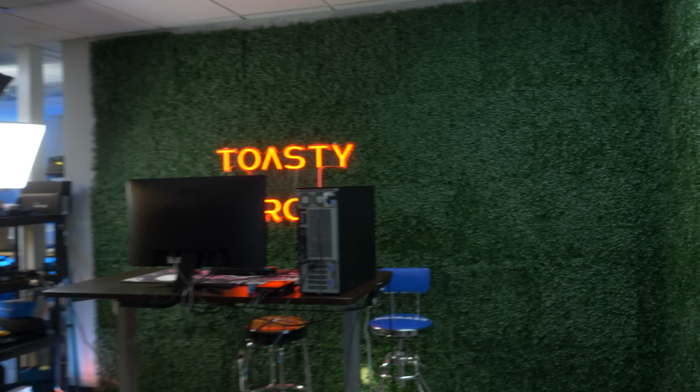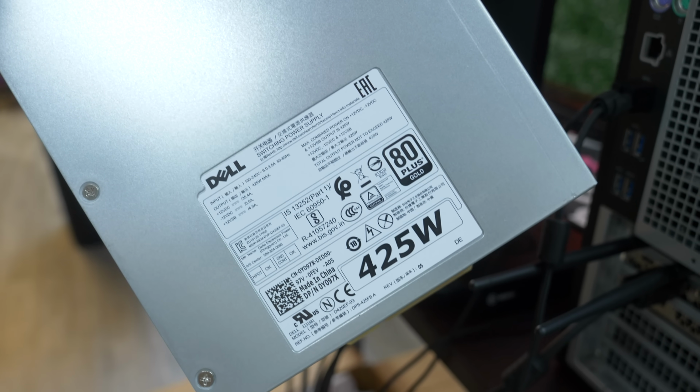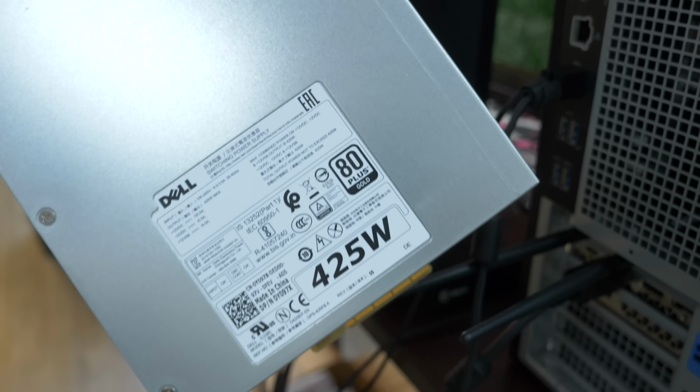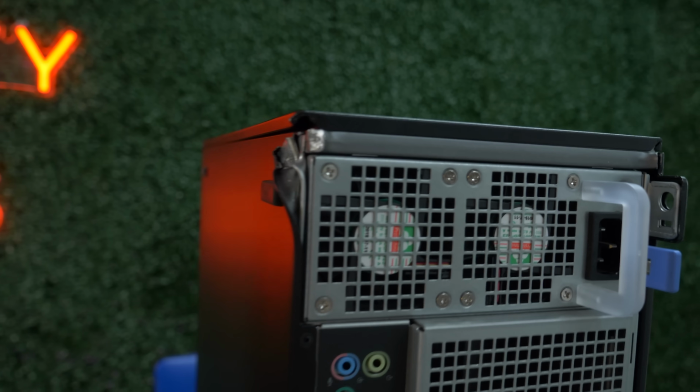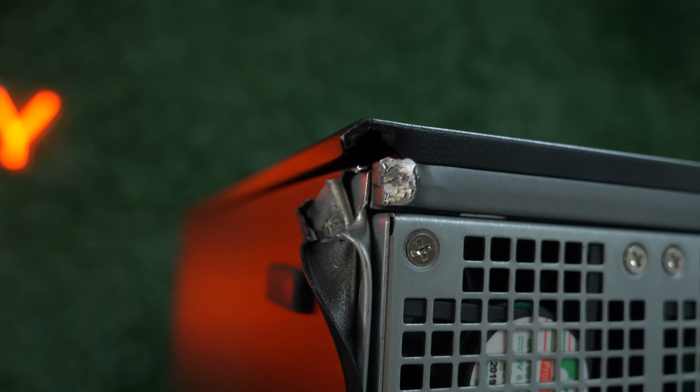But we got the computer back, and it still has the wrong power supply. Let me show you guys. 425 watts. Yes, it's a 425 watt power supply again, when it is advertised as a 900 watt power supply. And it has that awful damage, which I'm assuming was just ripped off in shipping. I have no idea how something so thick like that would get ripped off, but you know what? It happened. But one thing is, we didn't know if the power supply was the main issue for the PC not working. So I went ahead, turned things on, and on first glance, it looks like it's working okay,